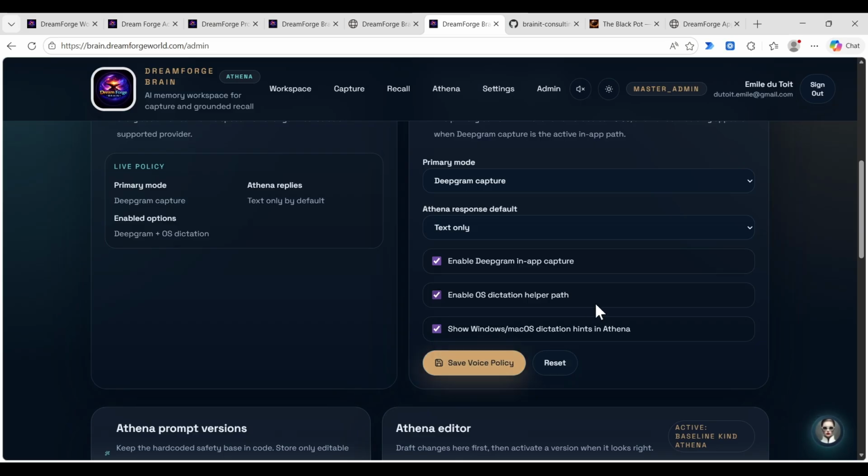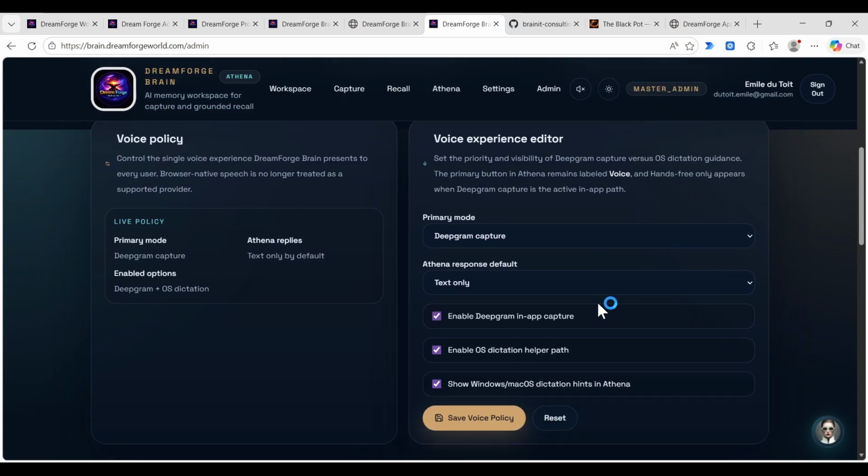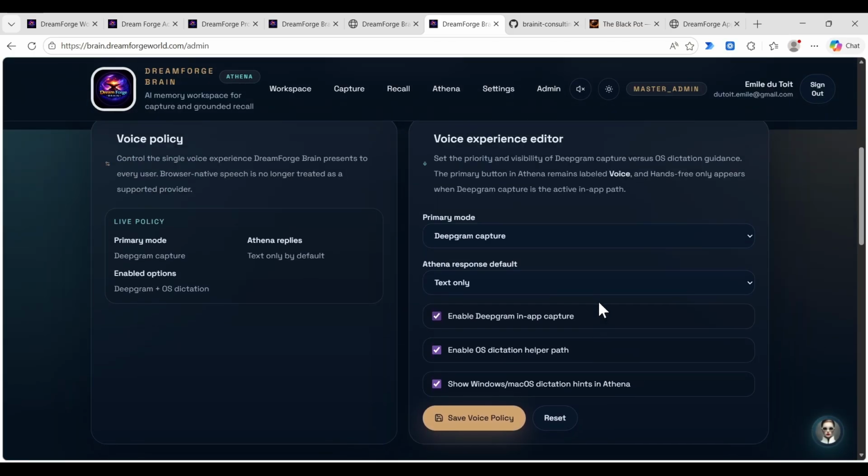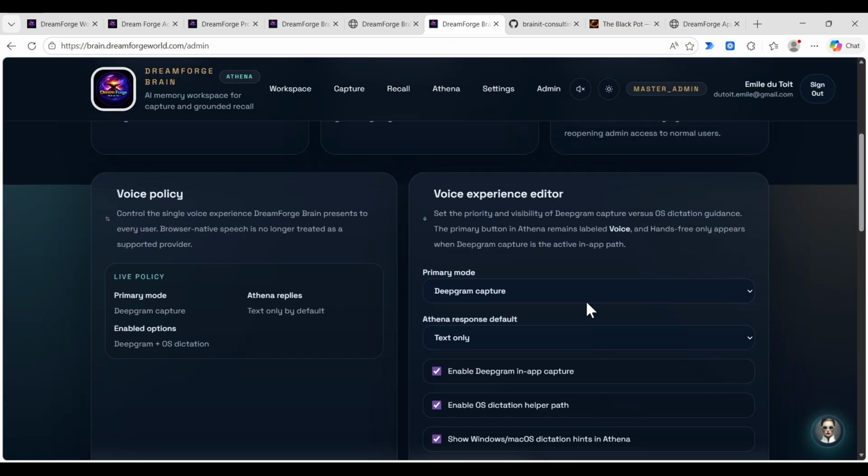So from a backend administrator point of view, you always want to think about, as the owner or developer of the app, what features you want to enable and disable quickly and easily. So always ask your coding agent to help you build a backend master admin console or side panel that only you have access to. And that's why the role of admin is important.